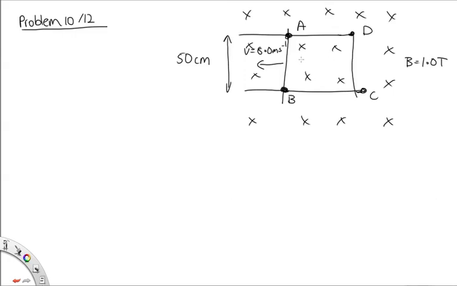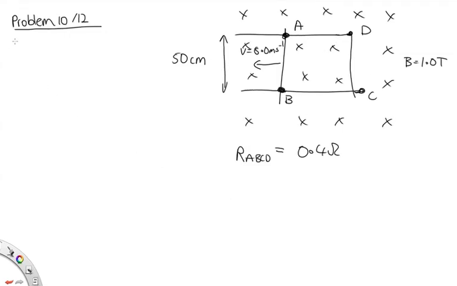Now we're told that the resistance of A, B, C, D is equal to 0.4 ohms. We're assuming this is constant, which is a big assumption as we're changing the length of AD and BC. So part A asks what EMF is induced in this rod here. So we'll need to use our formula that the induced EMF is equal to minus dΦB